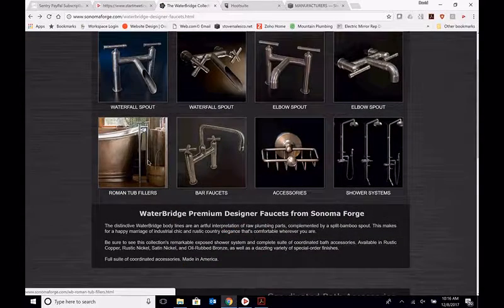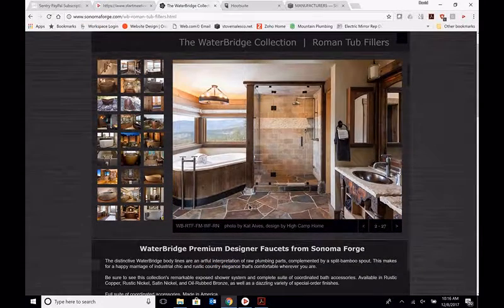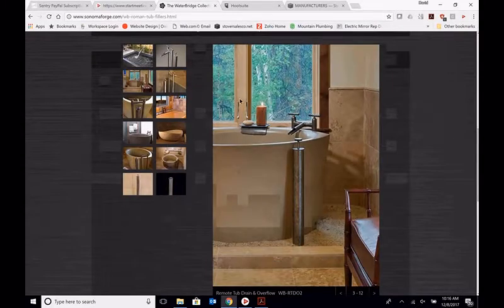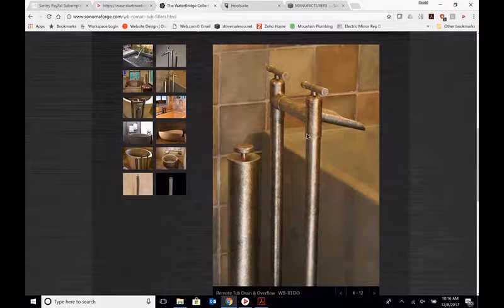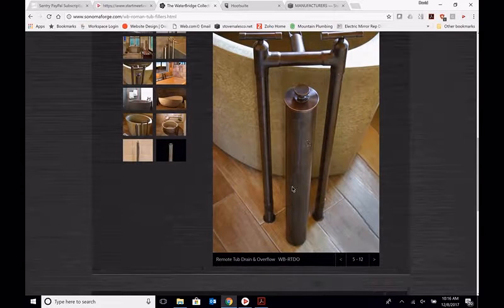The other thing that we do a ton of are tub fillers. So we do freestanding tub fillers, deck mount tub fillers. Nothing other than the finishes and style that's different from other manufacturers except for this little jewel right here. What this is, a waste and overflow